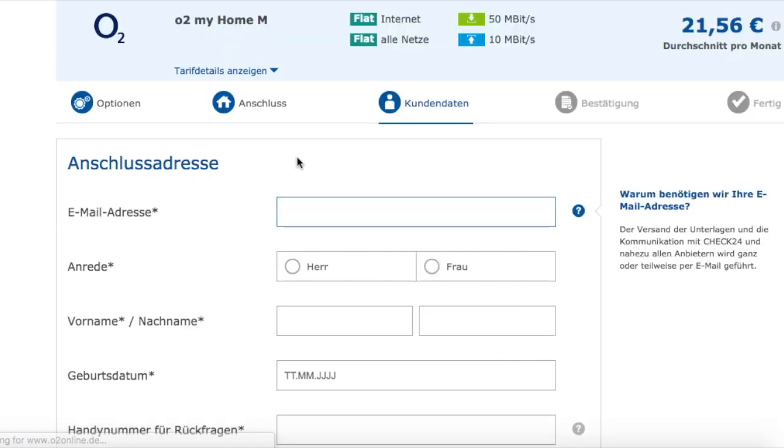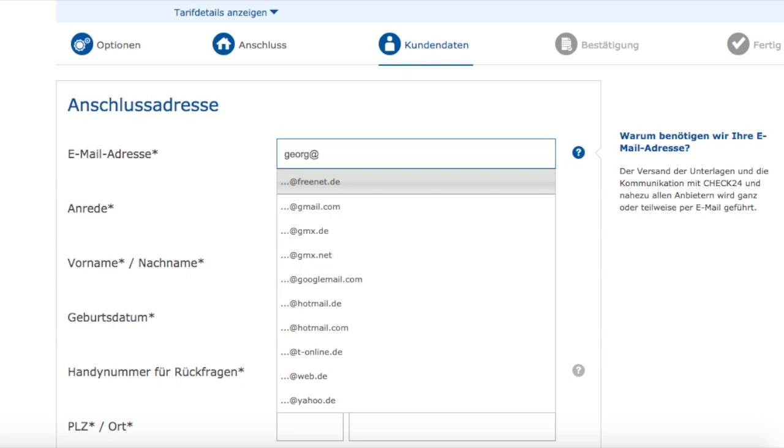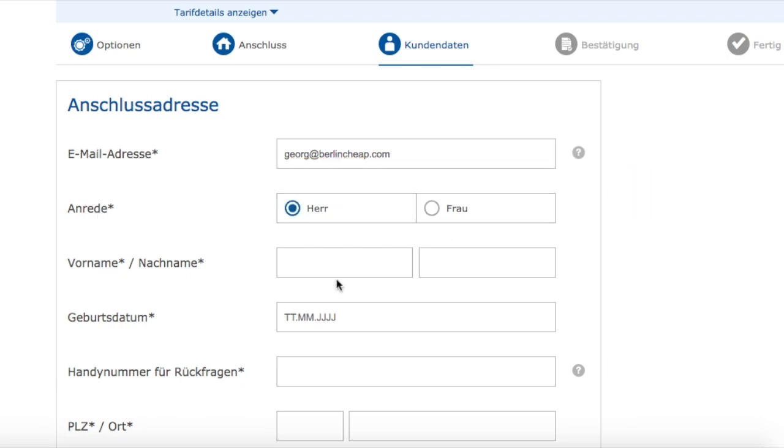And here we go with our personal data. So first thing is email address, because we will actually get a confirmation by email. Very useful. I go with some dummy data. Ballancheap.com. This is salutation, so it's either Mr. or Mrs. First name, last name, birth date,